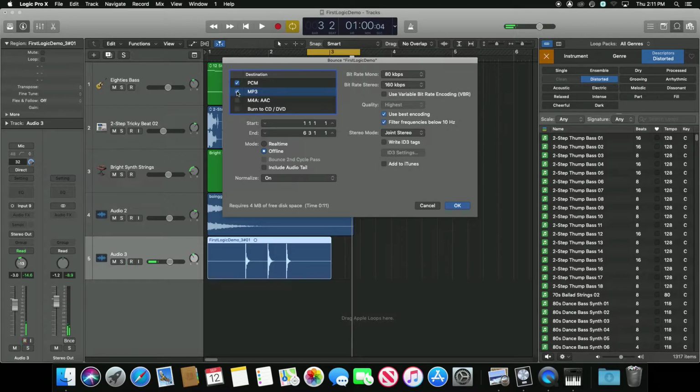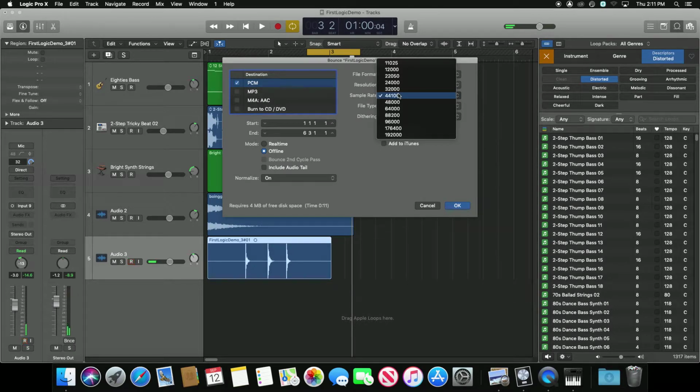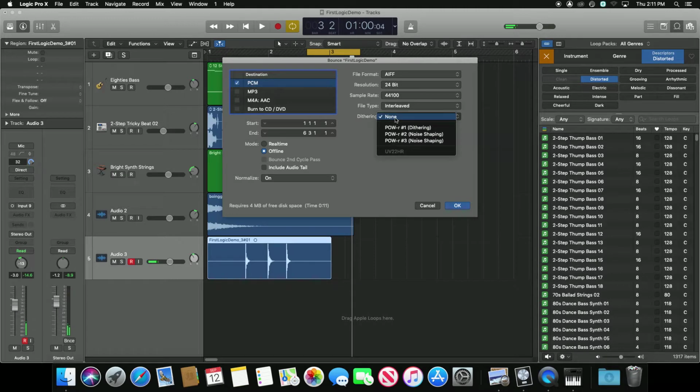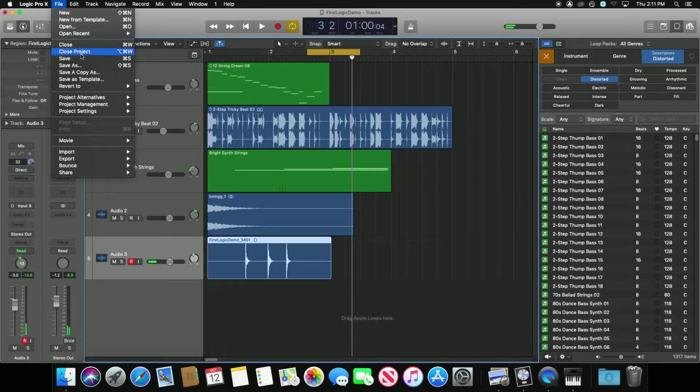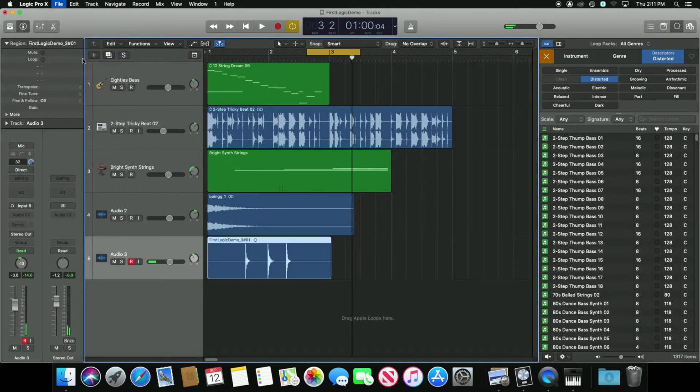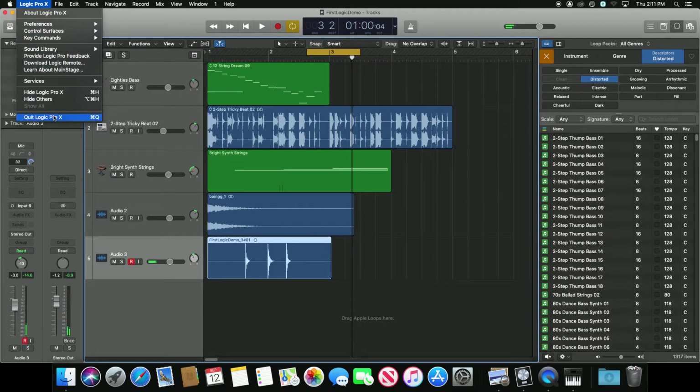I can also add in different file formats. So PCM is basically uncompressed. I can change different settings. We'll learn about these on a different day. We have dithering, other fun things. And you would hit bounce. Okay, now I'm going to save my project and quit Logic Pro and